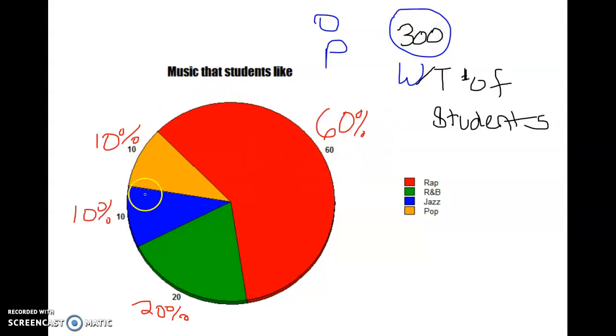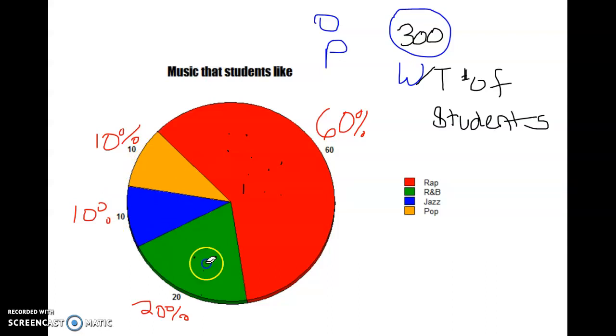If this whole circle represents 300 students, you see most of them preferred rap music. But that does not mean that's 60 students. I'm not putting 60 dots in there, and then 20 dots here, and then 10, and then 10 more,